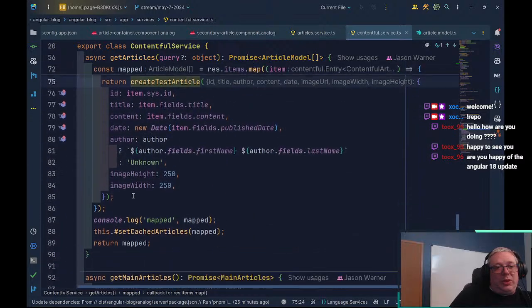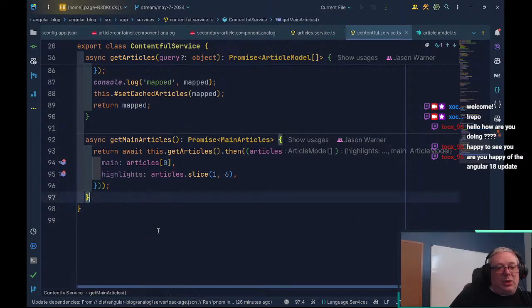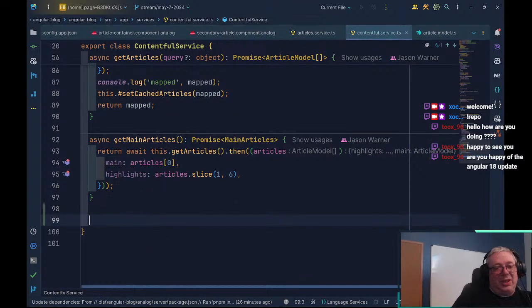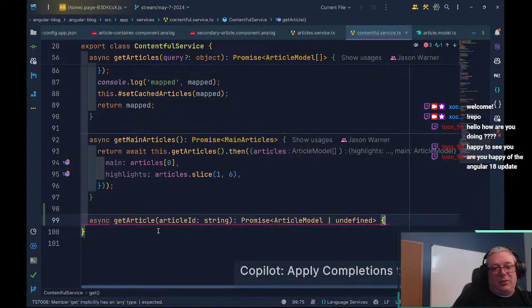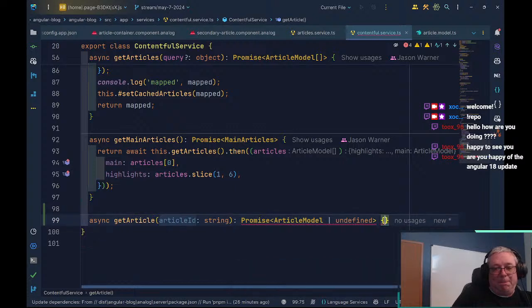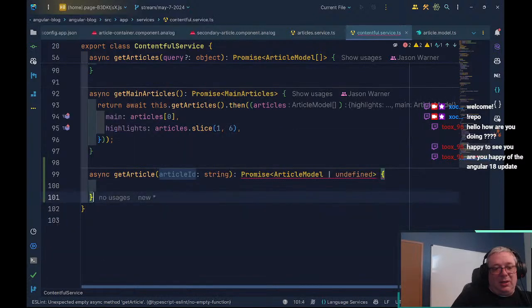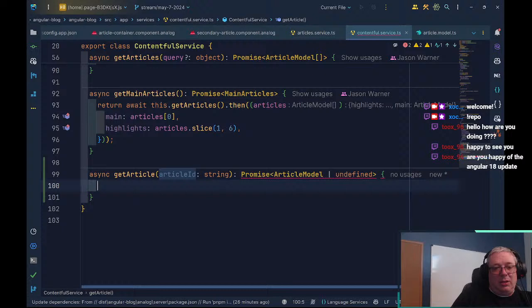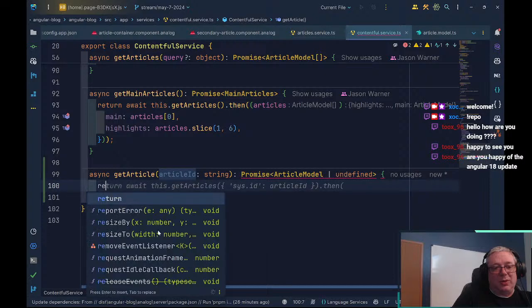So what we can do is we can just say, hey, we've got an async get article with an article ID. And here, we're not going to cache these. So what we can do is we can return